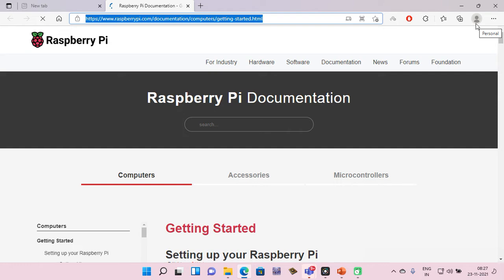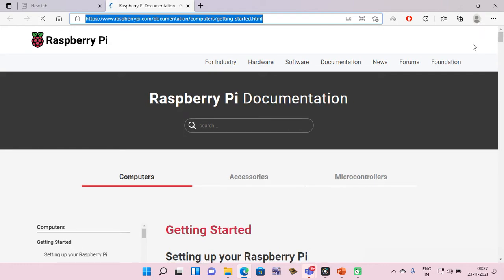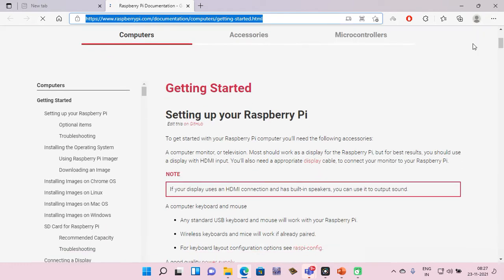So it has opened up the browser. This is the Raspberry Pi documentation getting started. So setting up your Raspberry Pi.